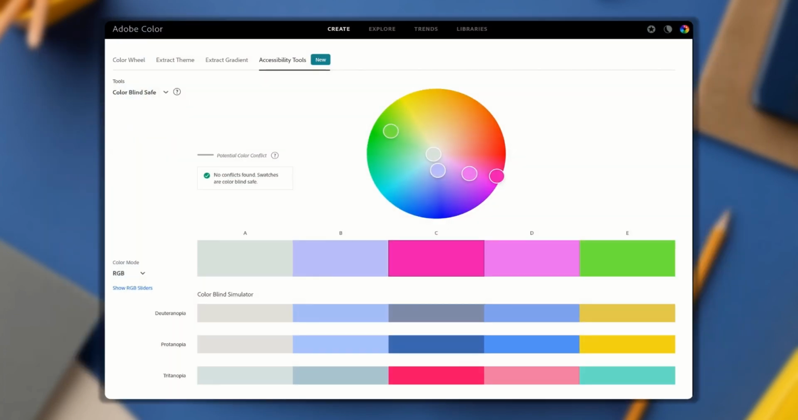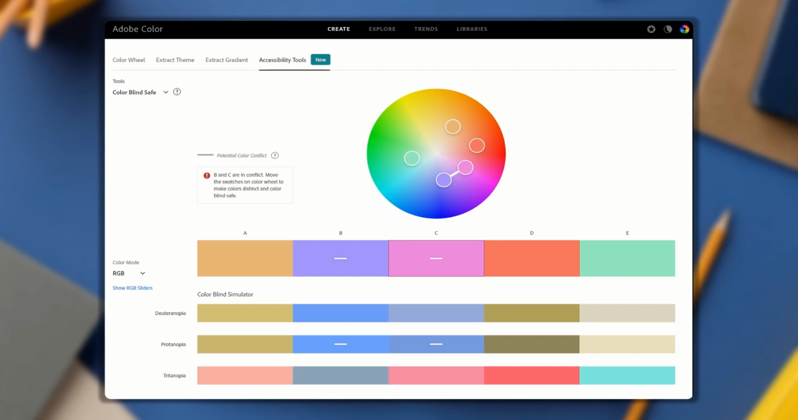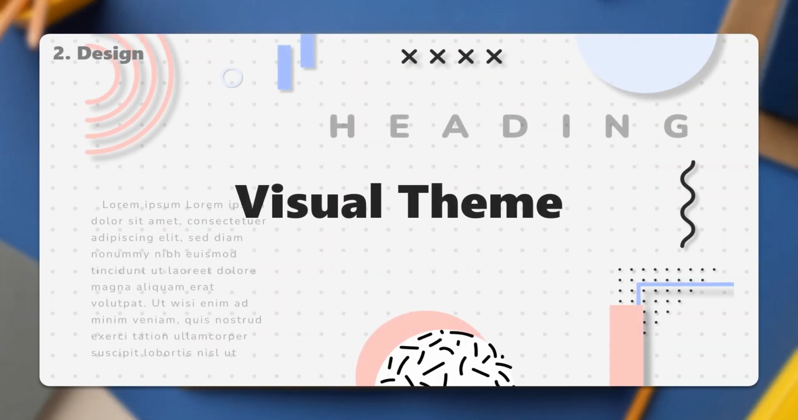You can make your slides more accessible by using colorblind friendly palettes. Choose colors that have high contrasts, such as dark blue and white, or dark gray and yellow. You can also use online tools to simulate how your slides would appear to someone with color blindness. Once you have chosen your color palette, it's time to create a template that will establish a consistent visual theme